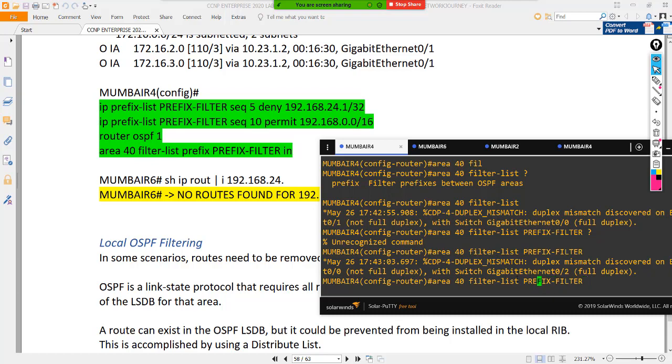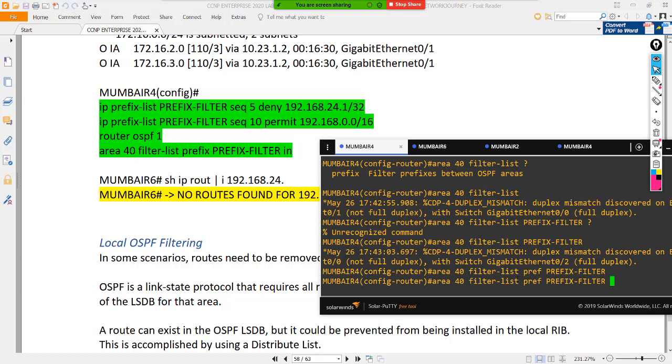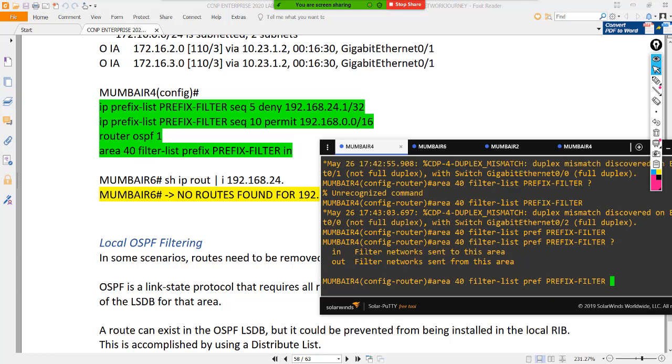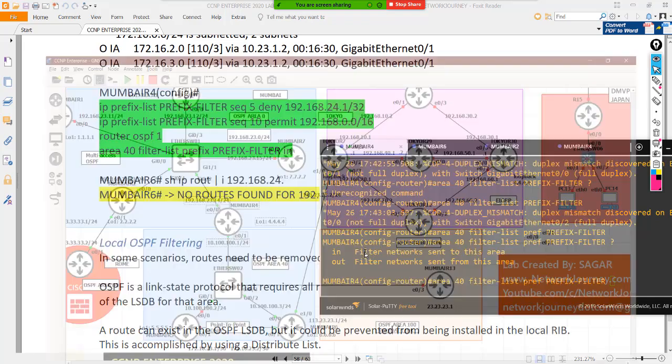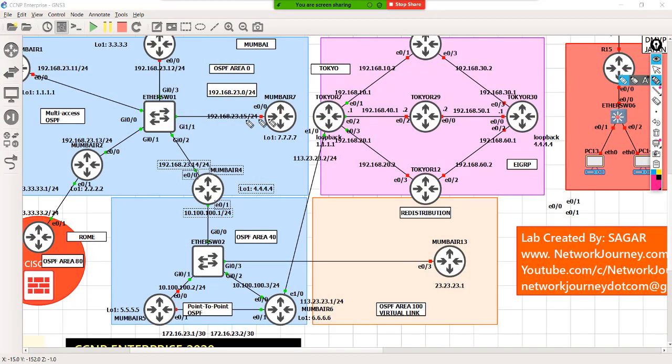Okay, so there is one word here that's called prefix. And in which direction are you going to apply it? That's something we need to understand. So what I'm trying to do is, my 24.0 network, which is entering over here, which is in phasing, is going towards area 40. So I say my